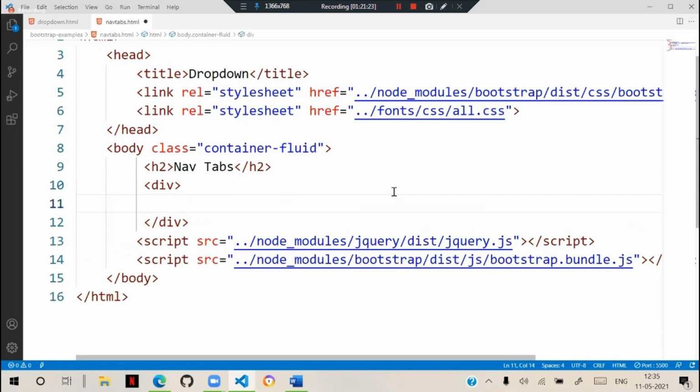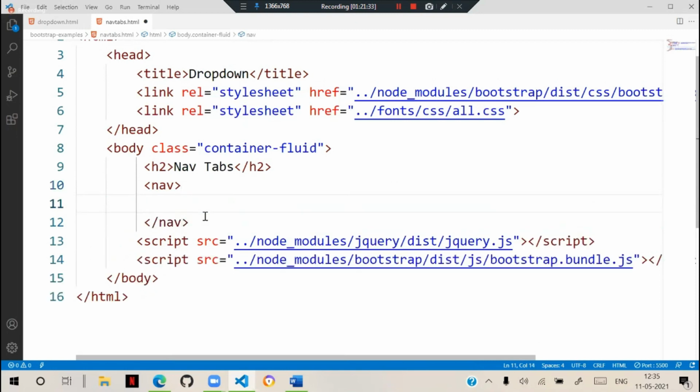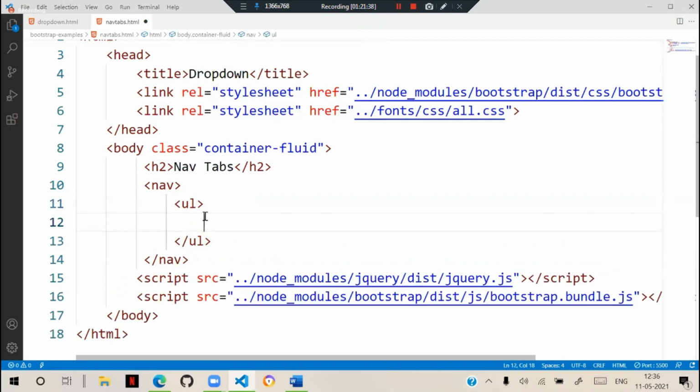Actually, in the div, generally navigations are configured as a list, which is better. Already I told you that we have a nav area, but this is not a navigation bar. You have an unordered list. For the unordered list, we will have list items. The first list item is basic details.